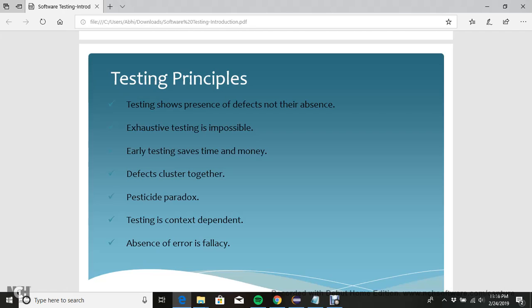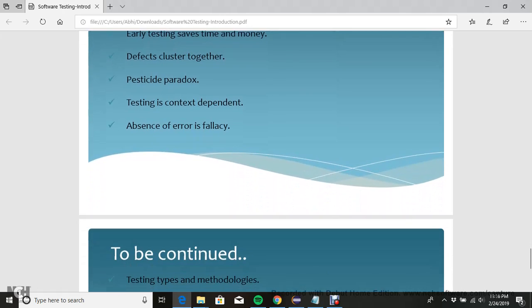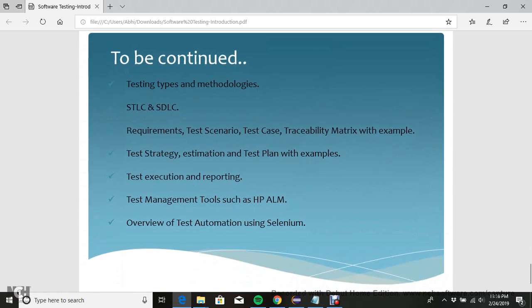The last point talks about absence of error is a fallacy, which we already explained in our previous slide, that we cannot guarantee that there is no error in the software application. So that's the concept, like we cannot say there is no error in the application. So now we came to the end of the software testing principles. Now the last slide talks about "to be continued",